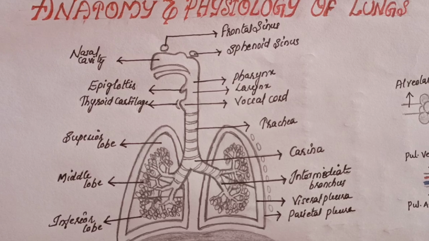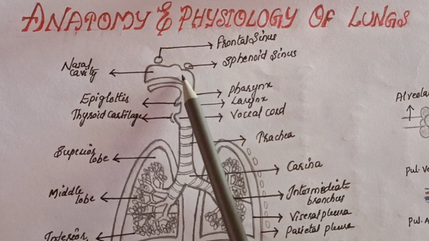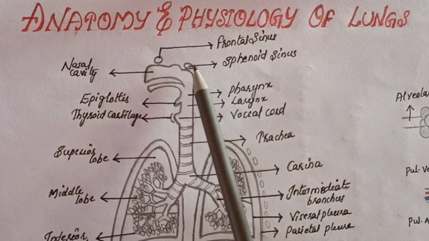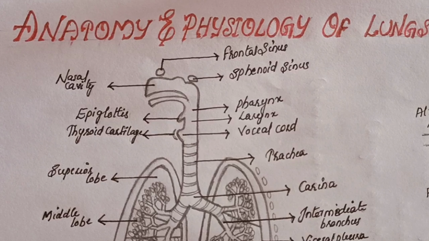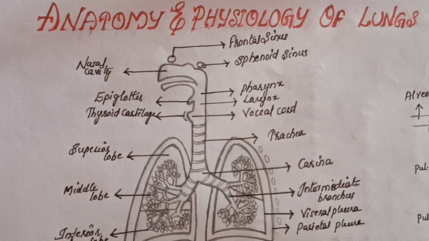Nose consists of two nostrils and have a septum present in between. The air is entering from the nose to the nasal cavity. Just above that, we have frontal and the sphenoid sinus present. The sinuses are the hollow space present in the facial bones, which is mainly helpful to reduce the weight of the bones, and also it is helped to control the resonance of sound.